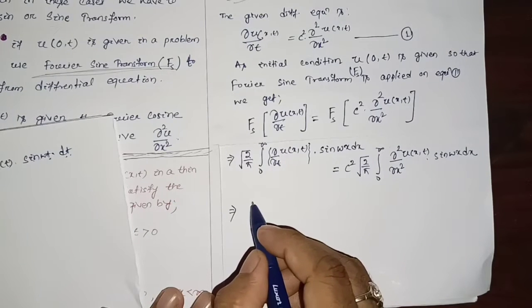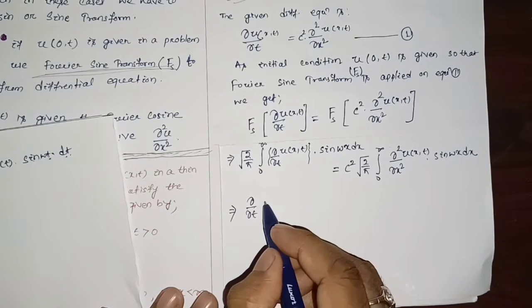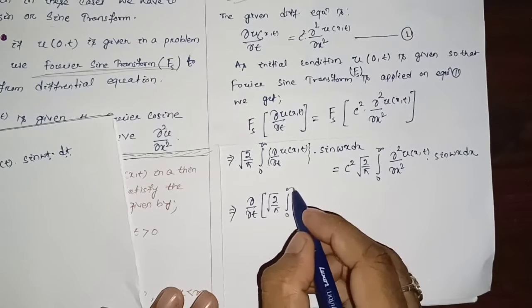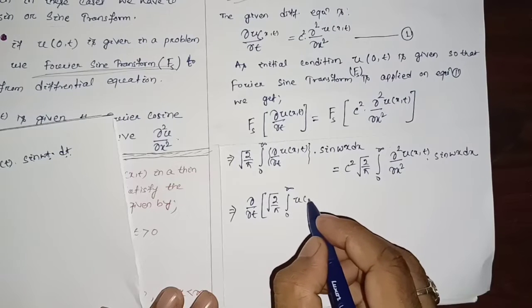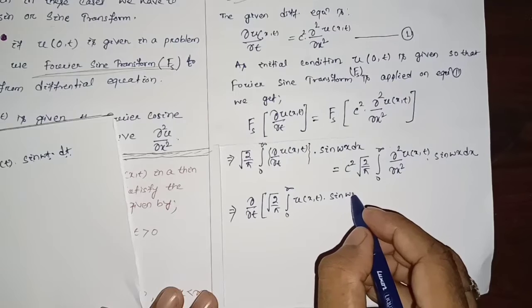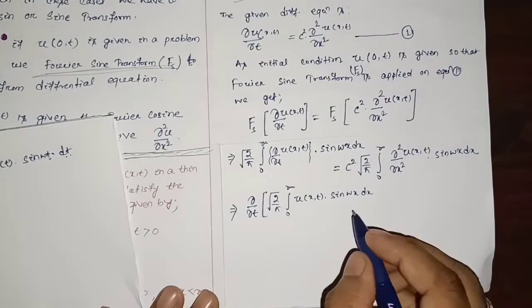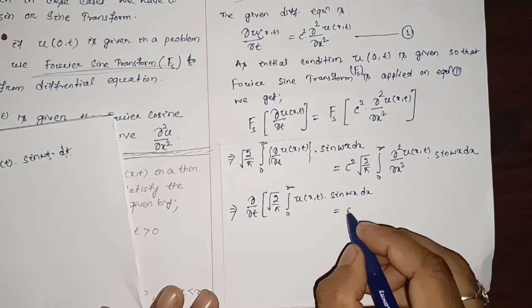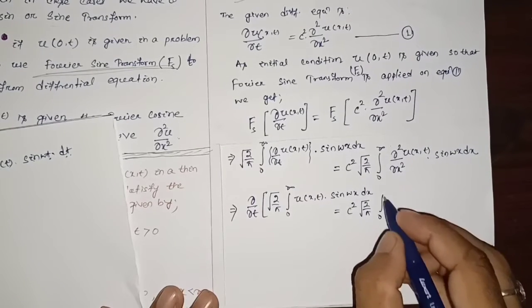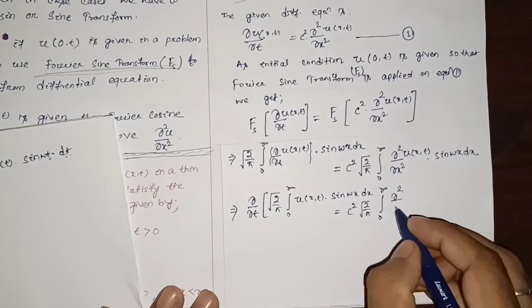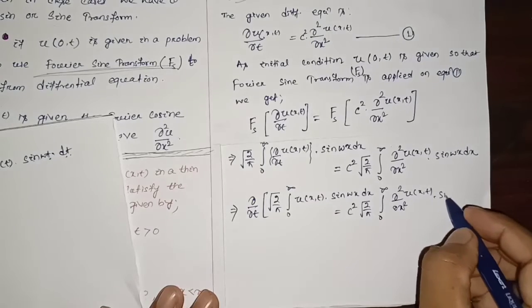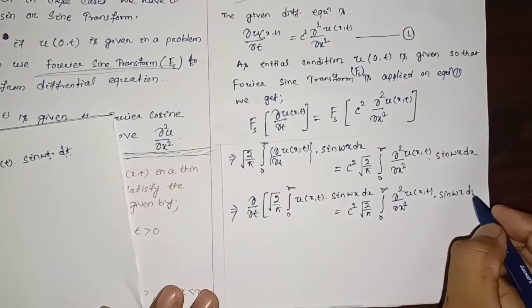So this can be written as del by del t of 2 by pi root over 0 to infinity u, which is the function of x,t, sine omega x dx, which will be equal to c square 2 by pi root over 0 to infinity del square by del x square u, which is the function of x,t, into sine omega x dx. Okay,